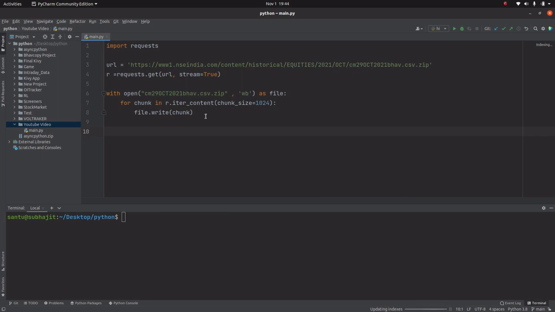Now by these three lines of code we mention that the data corresponding to that particular zip file will be stored into this file, into our drive. Now let's run this piece of code and see whether the zip file is created into our drive or not. So let's run python3 main.